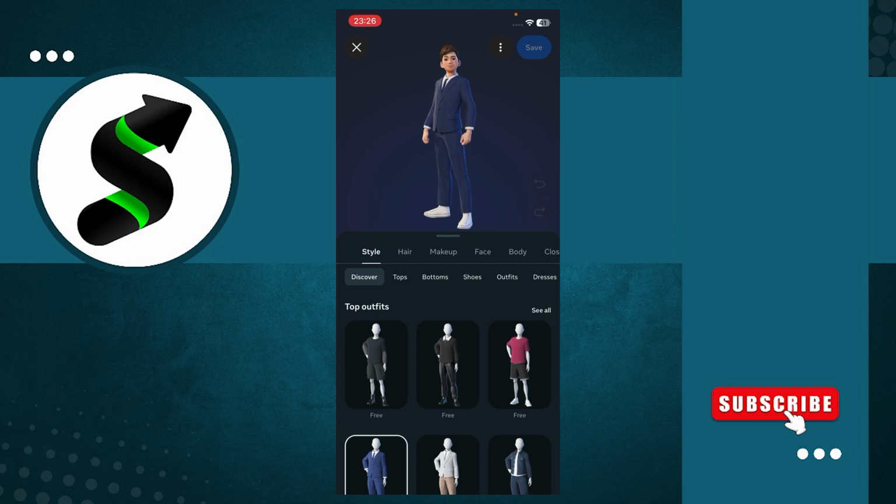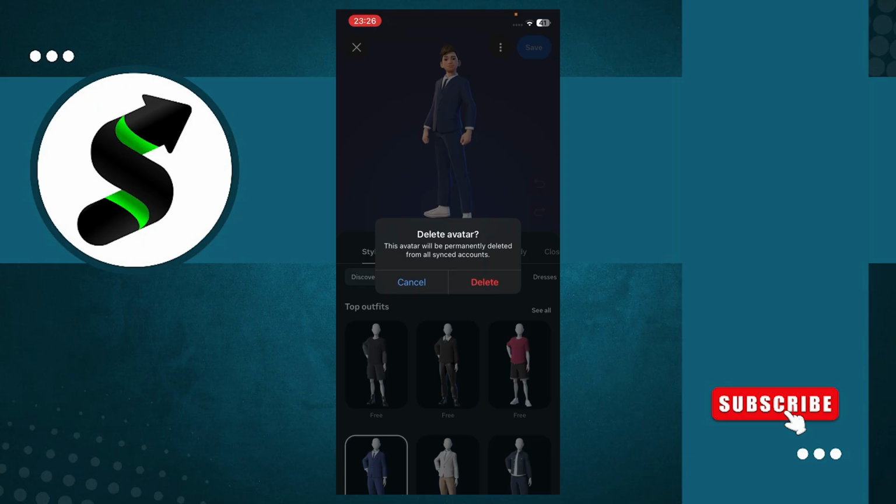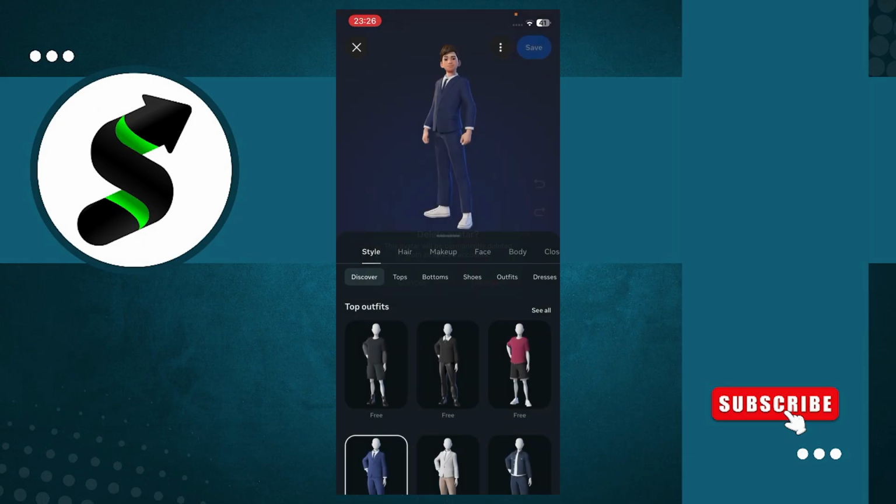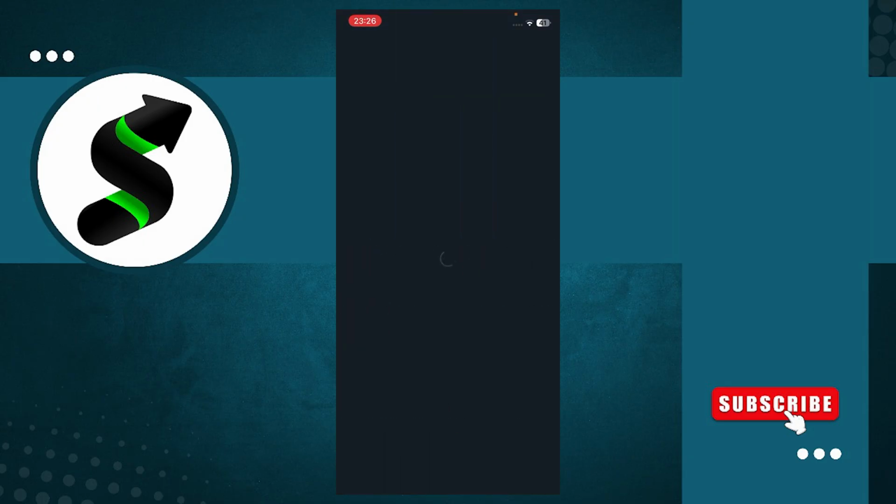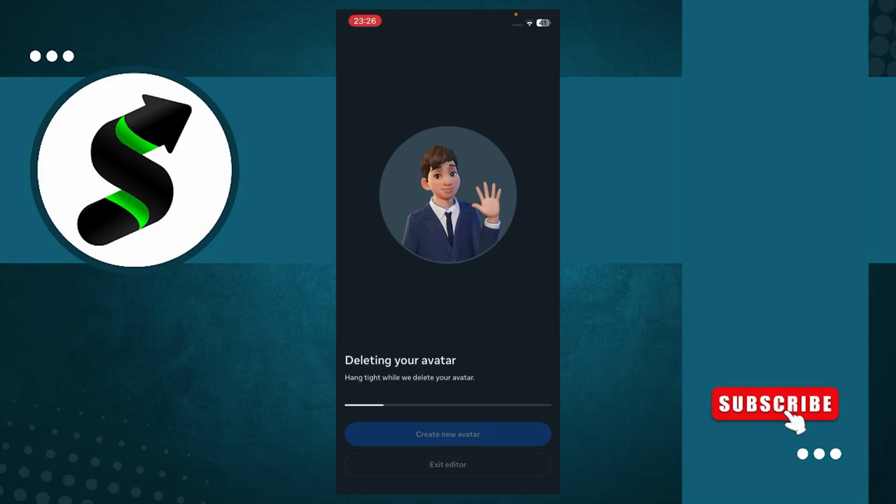you will see three dots. Click on that and then two options, or like three options, will pop up over here: avatar settings, switch avatar, or delete avatar. And simply click on the delete avatar button and then simply click on delete, and then it's going to delete your avatar. As you can see over here, it's deleting, and wait for a while to completely delete it, and then